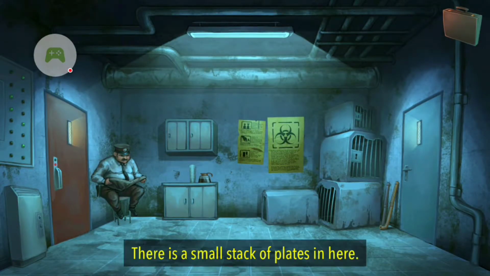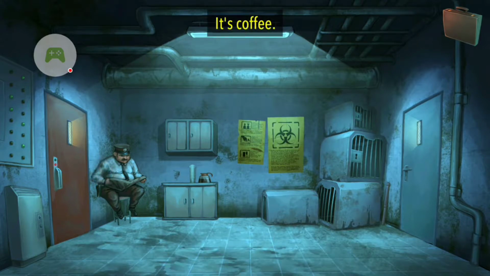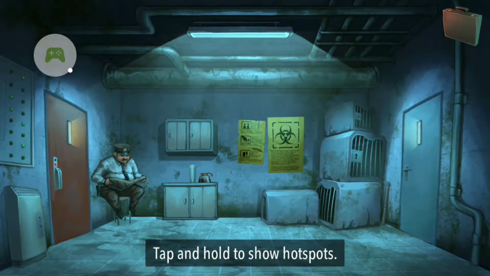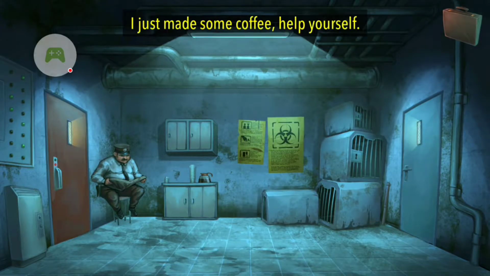So yeah, things you can touch, the items that may be of use. When the security guard is awake, I took that metal pipe. So I can't access this red door. Security guard's awake. Don't want to do anything. I don't want to hit him with the pipe or anything. So I'm going to use the drug